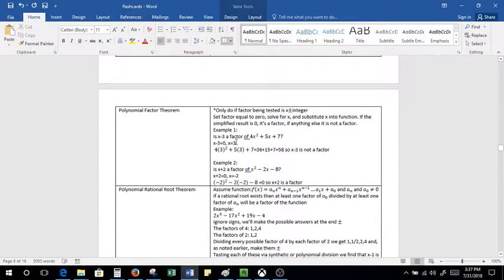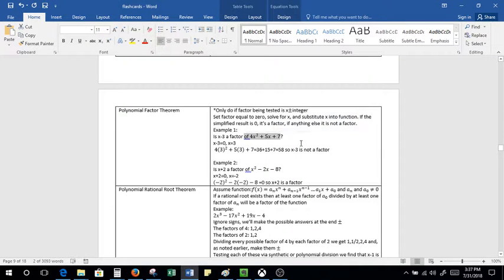Next we have the polynomial factor theorem. Again, this only tests if you've got x plus or minus an integer, so the same rules as synthetic division. You set the factor equal to 0 and solve for x and substitute into the function. So again, what's the 0? That's what you're plugging in. So if you plug that value in,